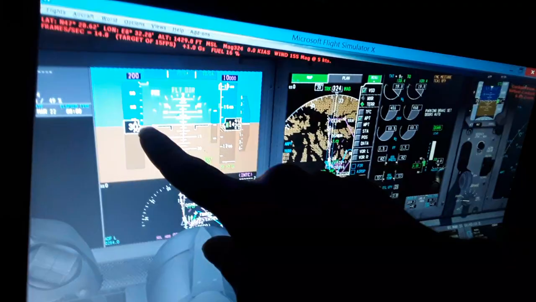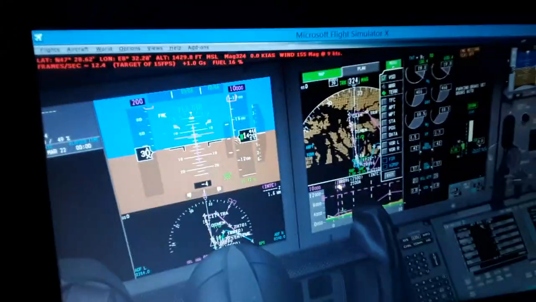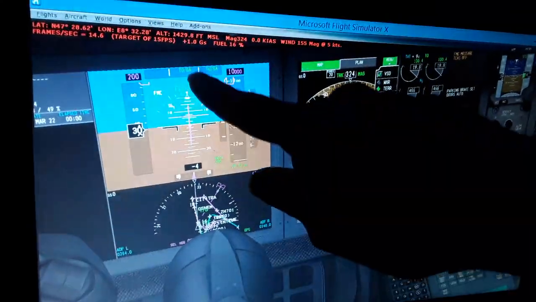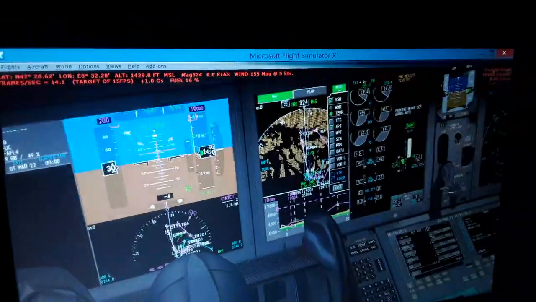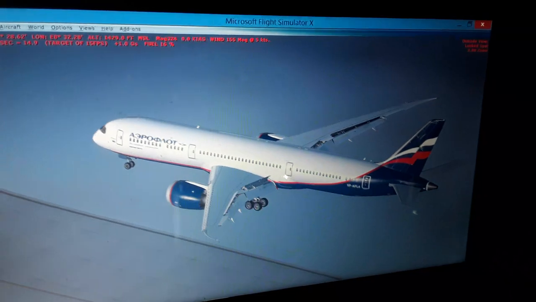You can see the airspeed indicator here right now, the barometric altitude above sea level, the target airspeed and the target altitude, the pitch ladder in degrees and the bank angle in degrees, the radio altitude above the ground. So I'm going to show you all the things we need to know before going into flight. We're going to make an engine start demonstration and then make a complete flight from takeoff, climb, cruise, descent, approach, and